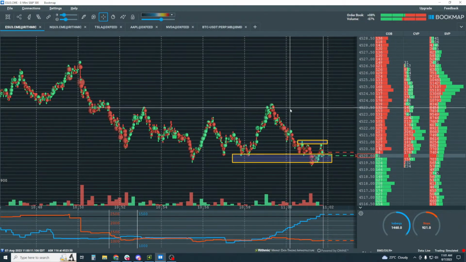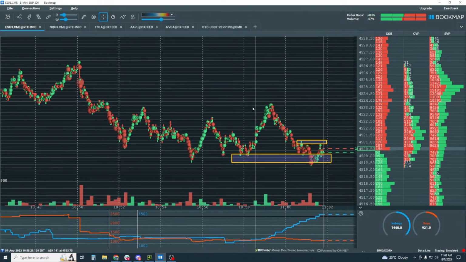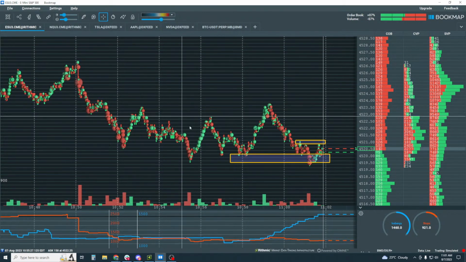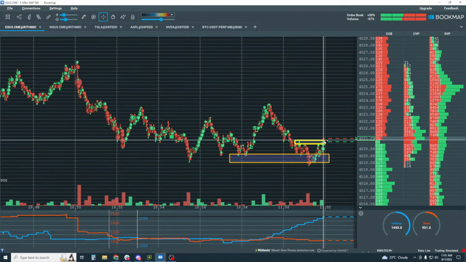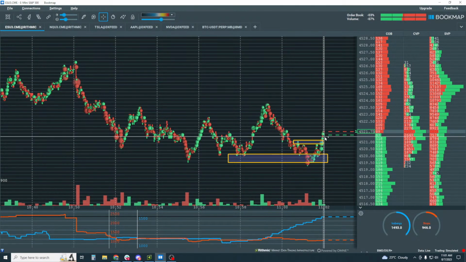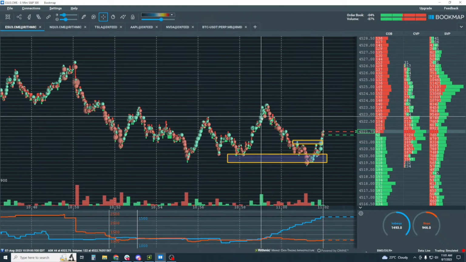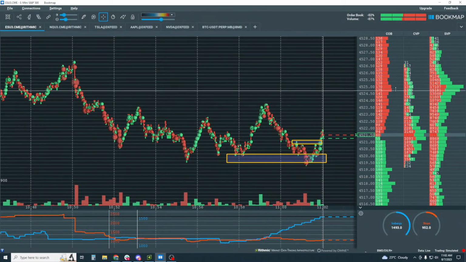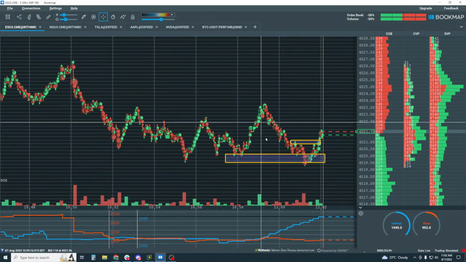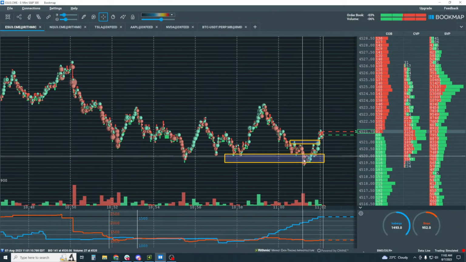And we have reasons to believe that this might happen because we have this. We looked at price structure and volume within it. We saw buyers coming in, right? So it doesn't take too much to think this might be a false breakdown, and we look for buyers to come in and come back up to the top of the range, or maybe back up to the point of control, right?